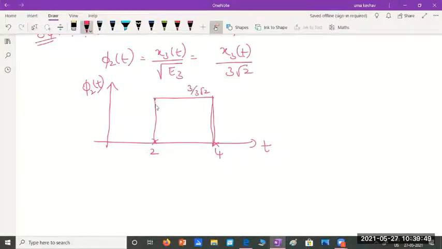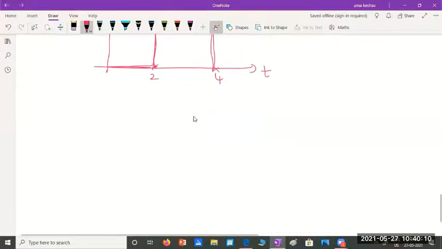The actual value of x3 was 3 in this range. In this range it was 0. So 0 divided by anything, it will remain as 0. Here 3 divided by 3 root 2, the value turns out to be 1 by root 2. Okay. So this is the representation of the two orthogonal signals forming the basis function set of the given signals. Okay. And now we will